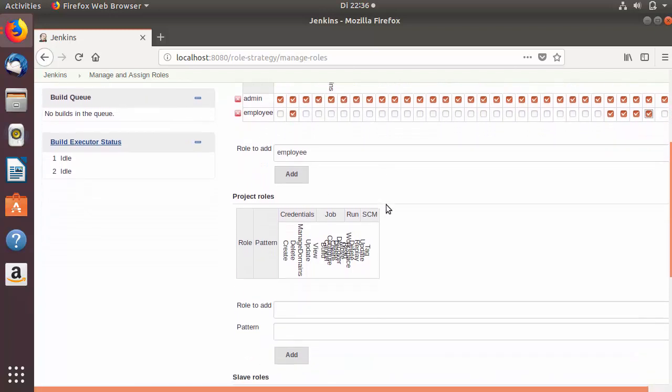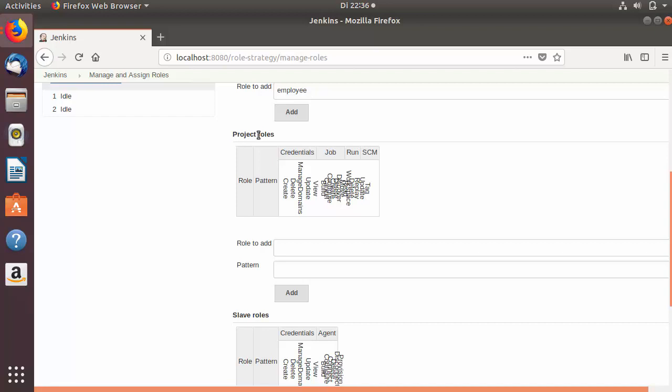Now when I scroll down a little, you will see project roles. Under this project roles section, you can provide project-based roles and authorization. For example, we have a Java developer role, so I'm just going to write